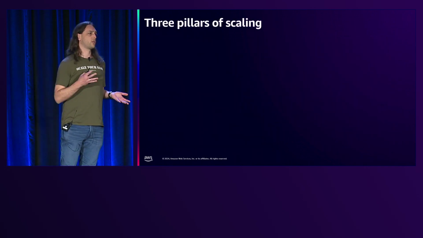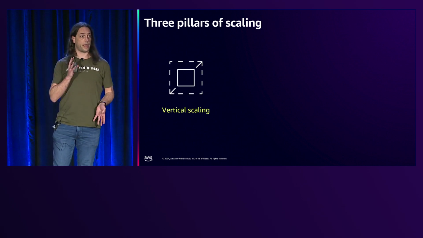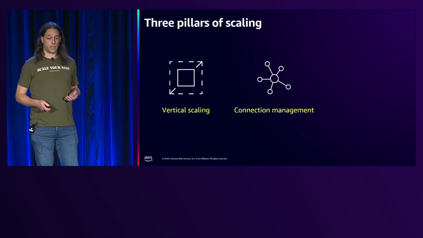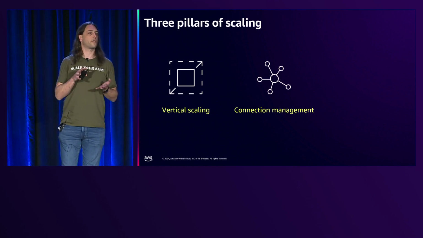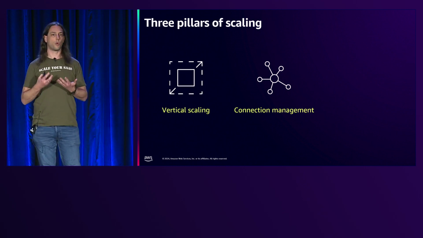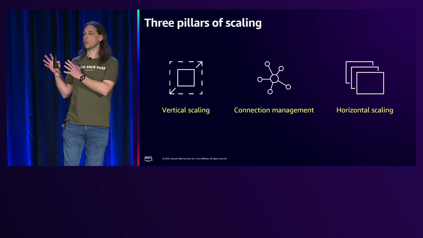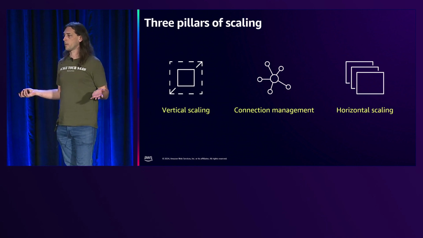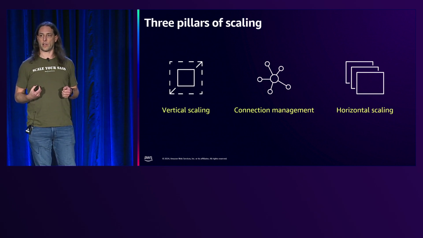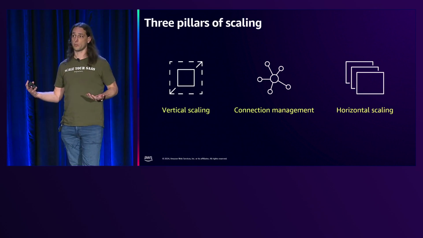And when we talk about scaling our storage, there are three things that we need to think about. We have vertical scaling, so adding more resources to a storage instance. We have connection management, so that storage instance has a finite number of connections that it can handle. So we need to make sure that we can scale that to handle more and more connections. And finally, we have horizontal scaling, so adding more storage instances into our logical data set. And each of these scaling mechanisms is going to bring complexity into our storage architecture. So we want to make sure that we can stretch the architecture that we have as far as possible before